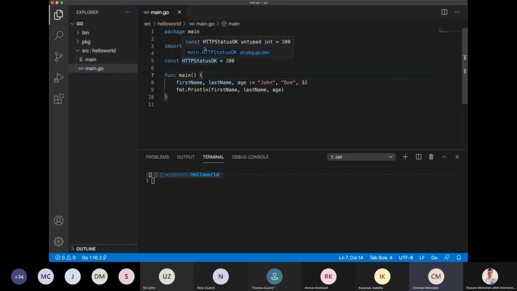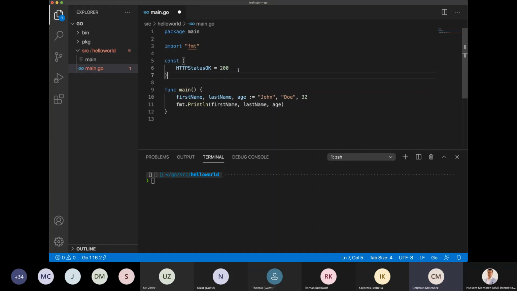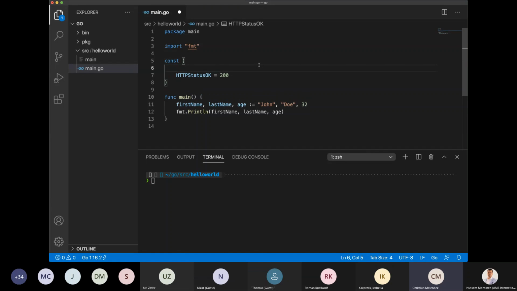Notice that again, it declares the constant in this way, and you can see how it looks, right? So it's declared and it's initialized. So again, I can reference that from the main program, and if I would like to do the same thing as I did with var when declaring variables, I can do that with constants. So I can do something like this, open parentheses here, and I can have a group of constants that I would like to use. So for example, that's going to be something like status OK, it's going to be 0,